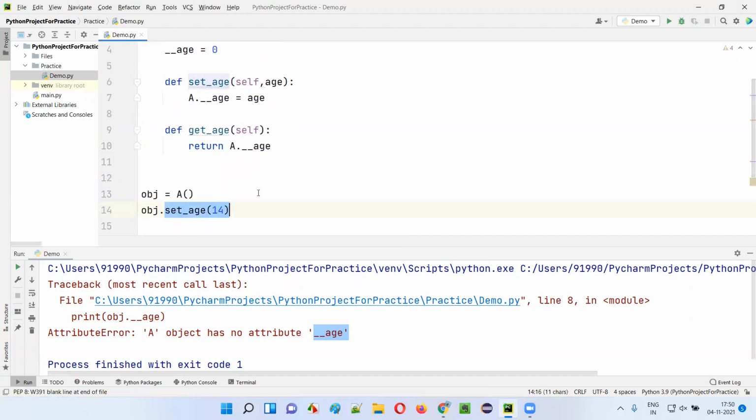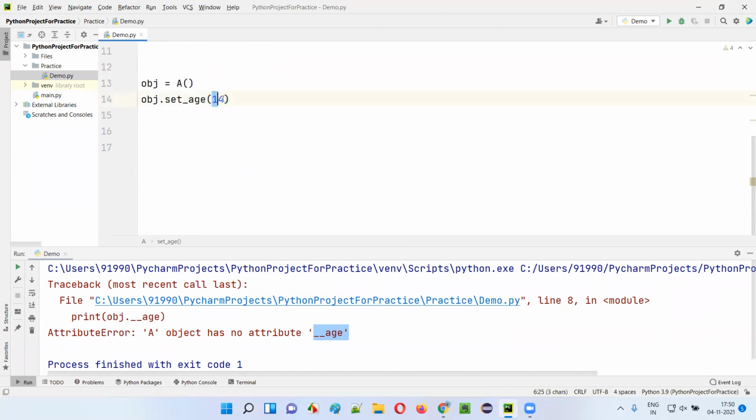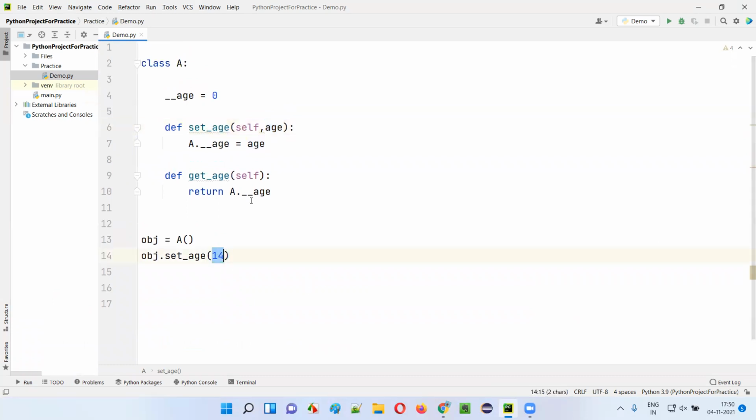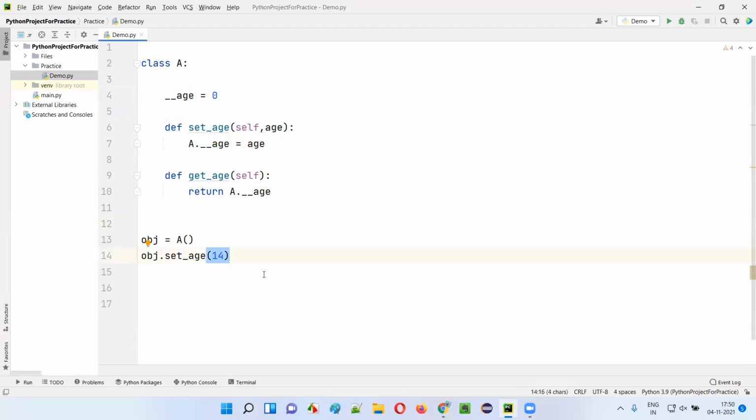So the moment I say set age, this is a non-private setter method, and this 14 will go into this age, and that age will be assigned to this class-level private variable age. After the age has been modified, the value of 0 will be replaced by 14 when you call this method and pass 14 from this set age method.